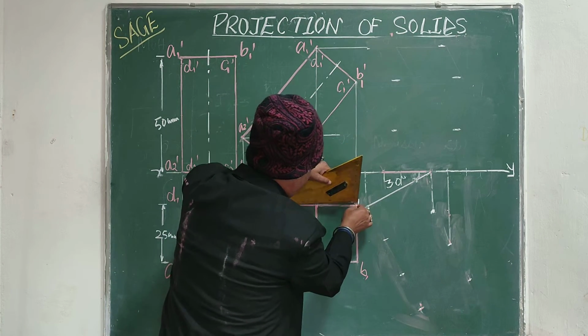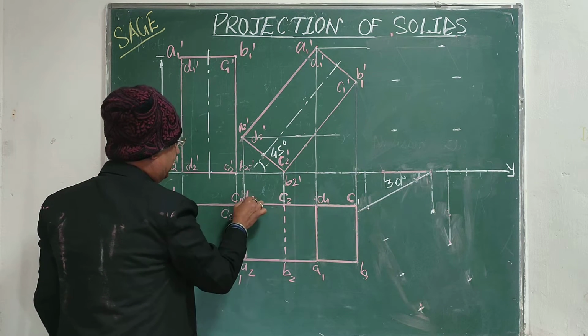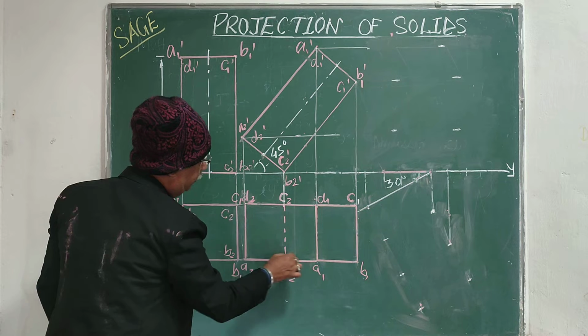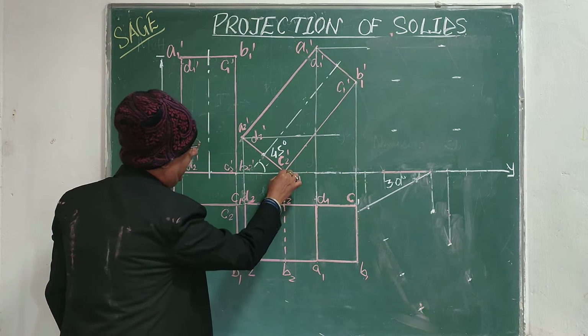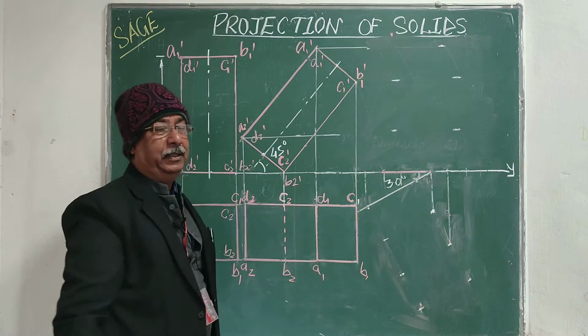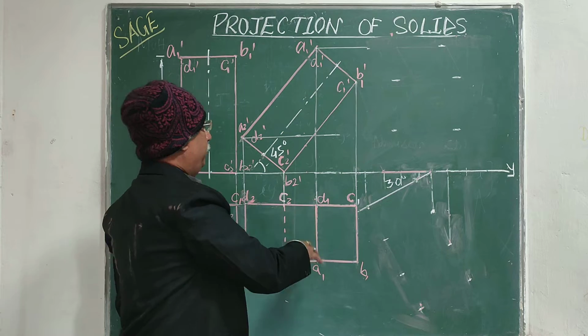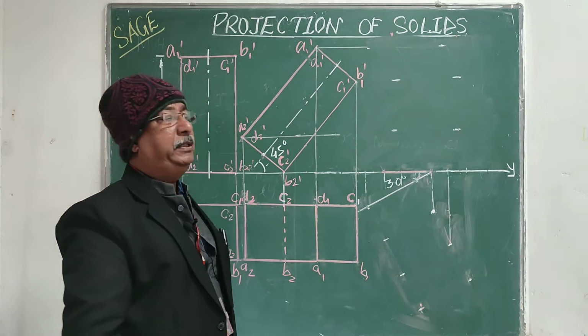by solid lines, and after that the outer boundary of this figure, that is D1 to D2, D2 to A2 and A2 to A1, and now the remaining line, the other edge of the base, will be a dotted line. As you know, in the case of a prism, if we look from the top, only one base will be visible to me, that is this base.